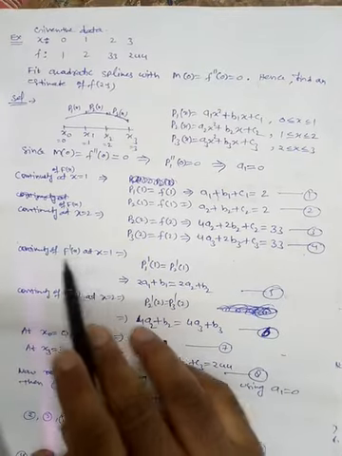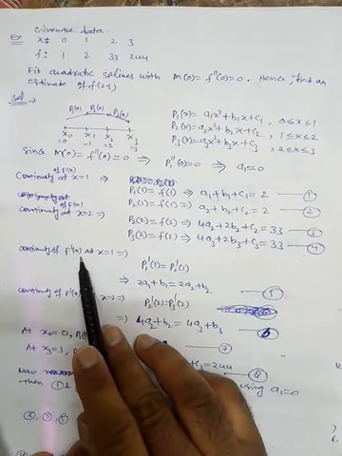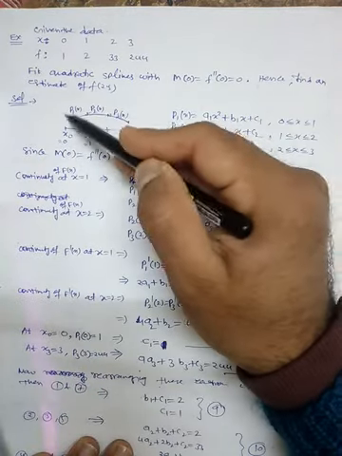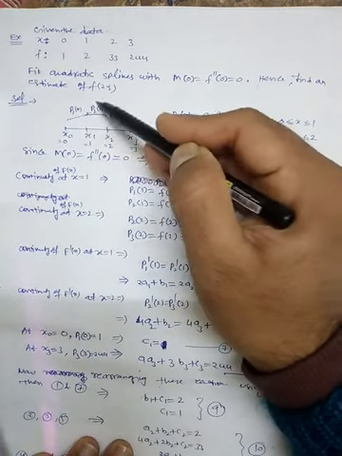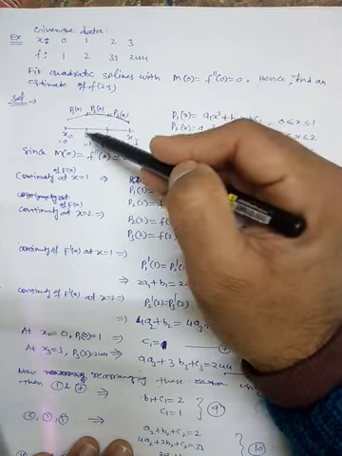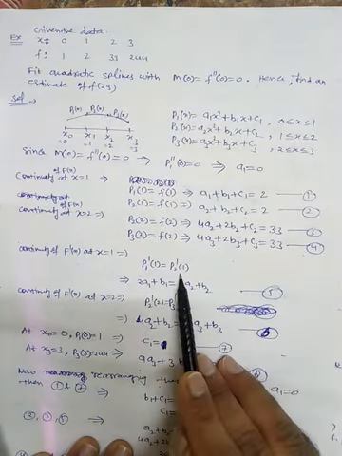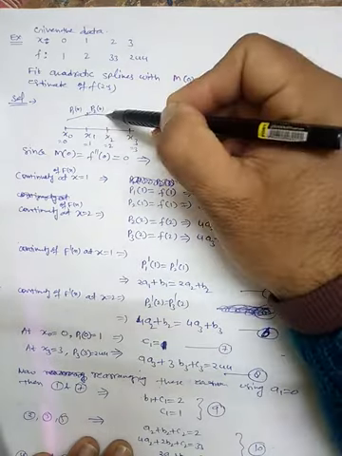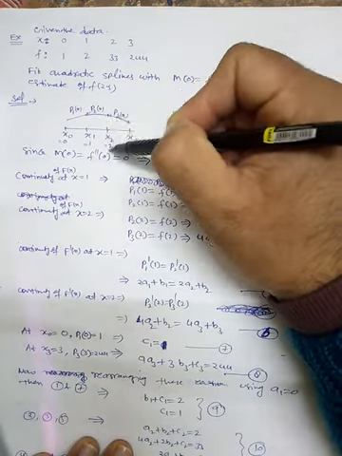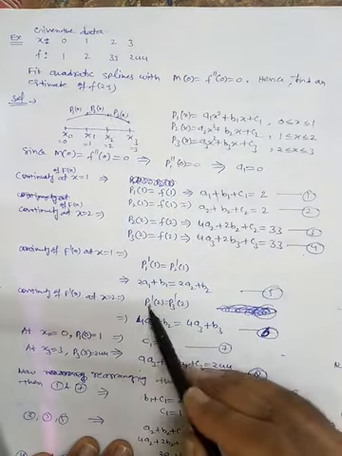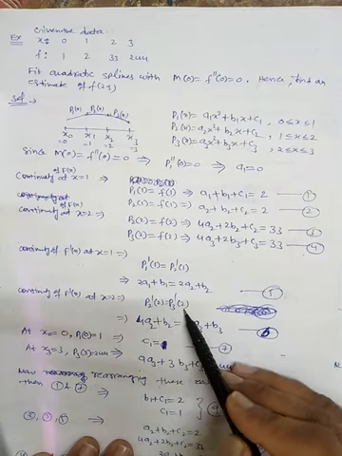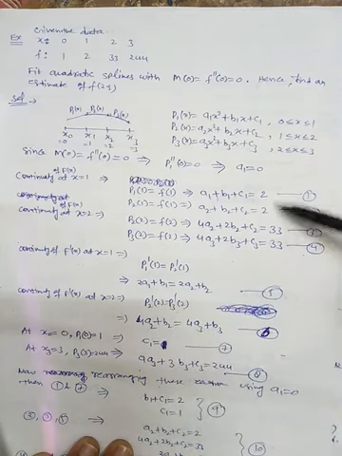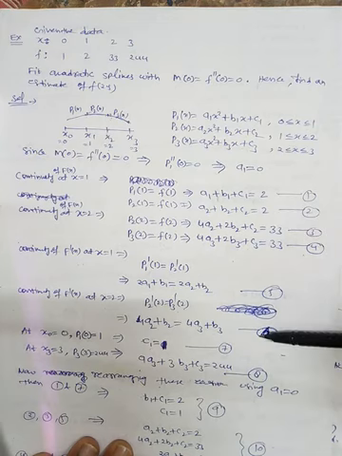Now we have the derivative. The derivative should also be continuous at the intermediate nodes. That means the derivative of the first polynomial is equal to the derivative of the second polynomial at this point. So we have this condition. Solve this, and we get this equation. Now the derivative of the second polynomial and third polynomial at this point should be the same. So p2 dash at 2 is equal to p3 dash at 2. This will give you this equation. So ultimately we have 6 equations.